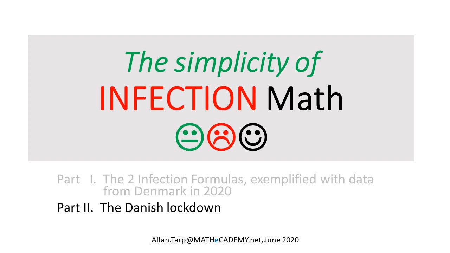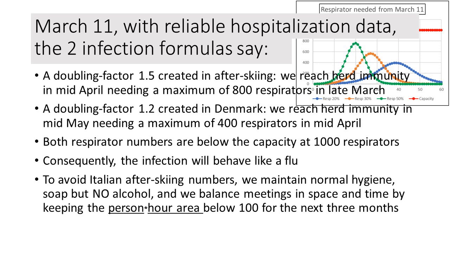mathacademy.net welcomes you to the simplicity of infection math. Part 1 was about the 2 infection formulas, exemplified with data from Denmark in 2020. Part 2 will be about the Danish lockdown. In Part 1 we saw that, using reliable hospitalization data, the message of the 2 infection formulas was: with a